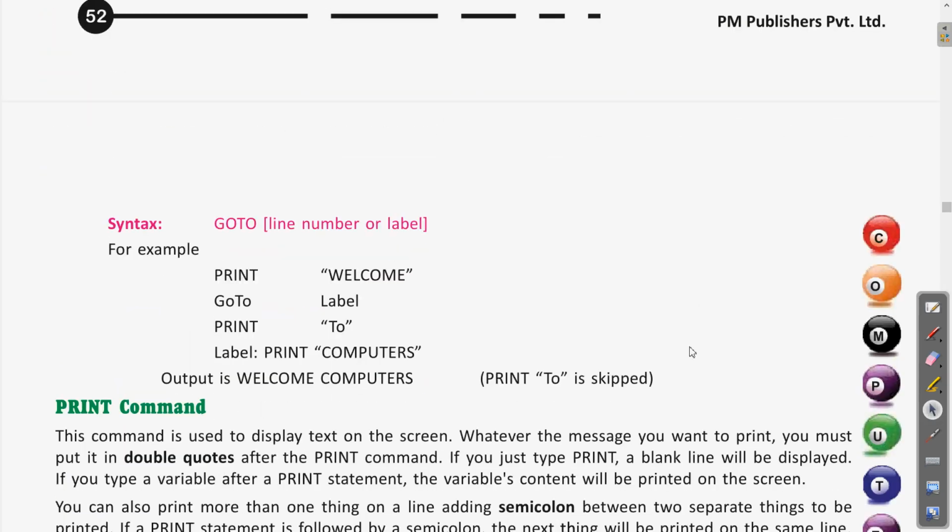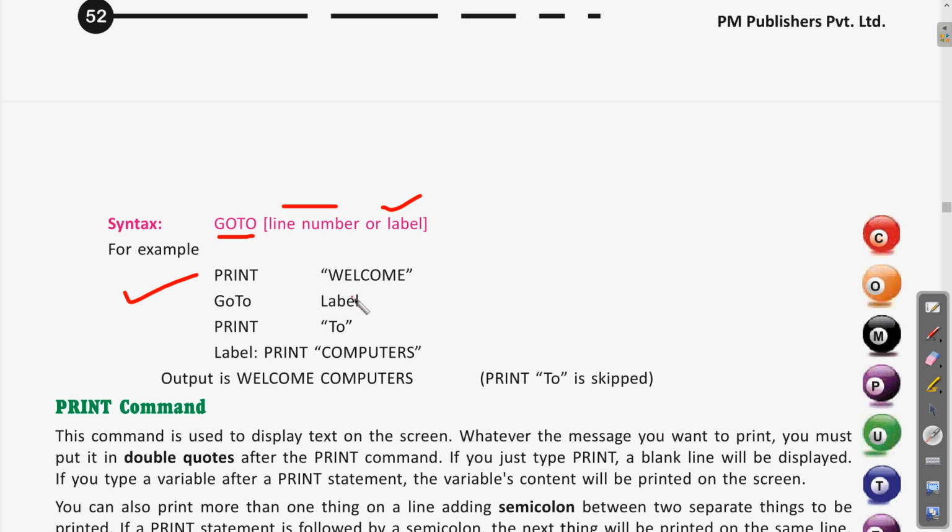Here you can see the syntax: goto, then the line number or the label. Whatever the line number or label is, it is specified with the goto command. In the example, the first statement is print welcome, so it will write welcome. Then goto label, where I have given a name like label.